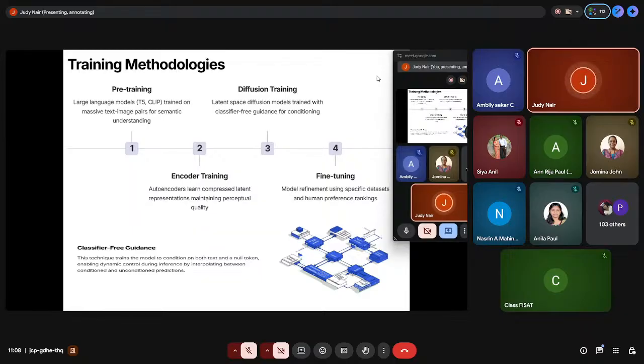Then in upsampling it reconstructs the images, and it also uses skip connections to preserve the fine details. Very important in stable diffusion, what made it so accurate, is first the pre-training, where it uses CLIP, and then it works on the latent space.